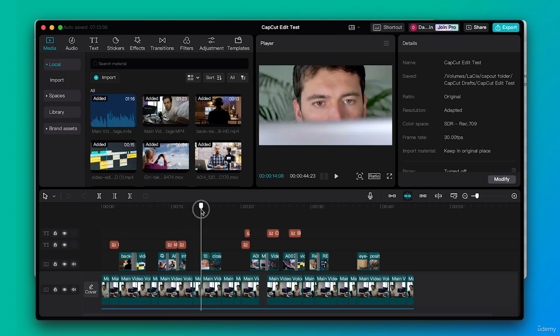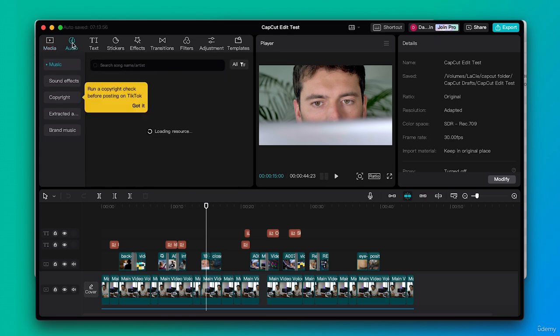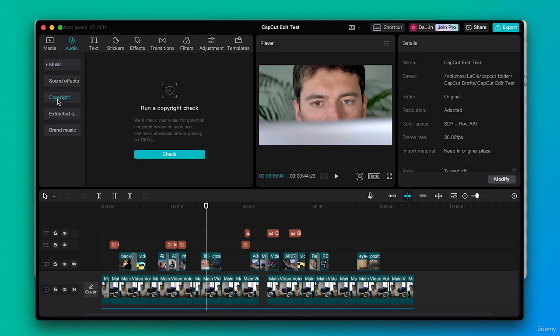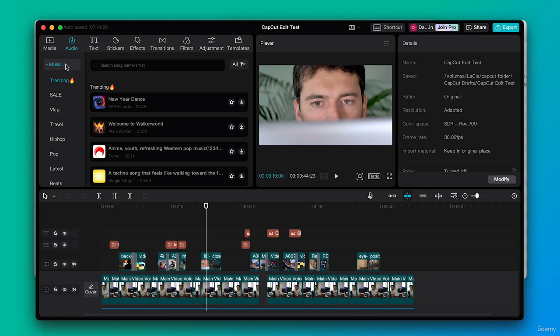The most important part now is audio. I think the way to create an emotion behind any edit is music. Music and sound effects will really elevate your edit to the next level. Now, if we go up here into audio, there are audio tracks on here, and you can do a copyright check. Let's click on it and show you. You can run a copyright check and it will tell you if the music you're using is copyrighted and where. But basically, as a rule of thumb, music here is going to be okay to use